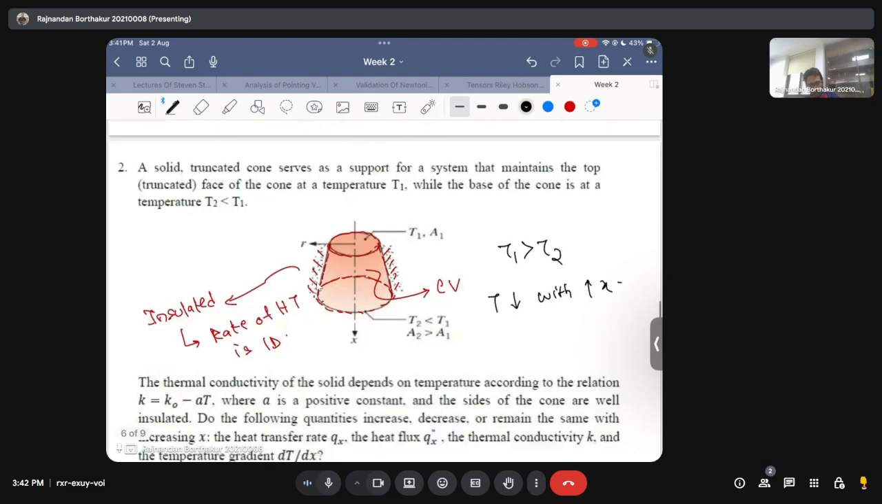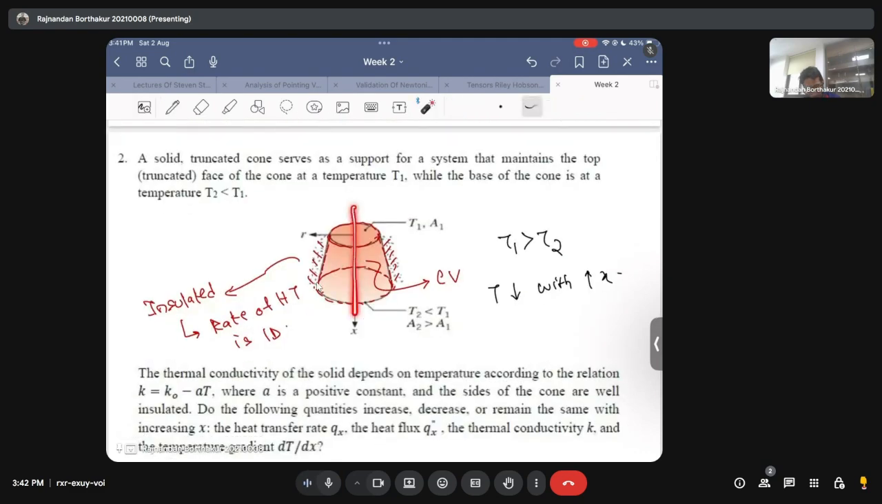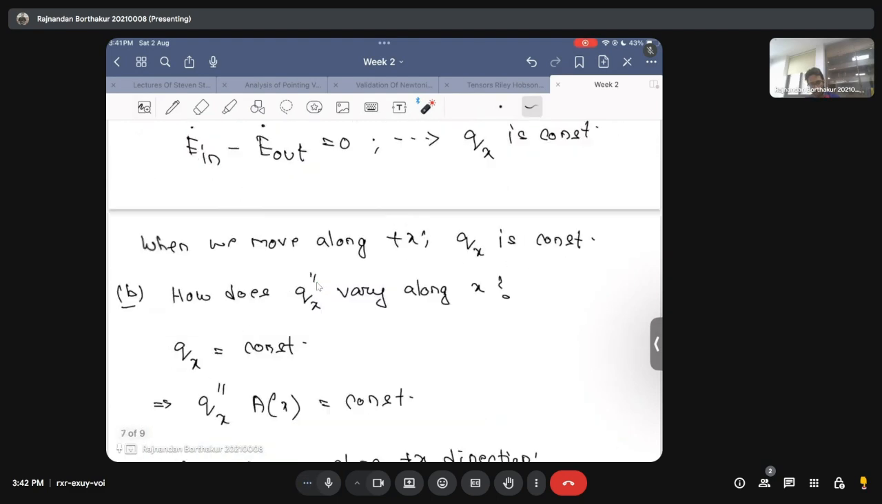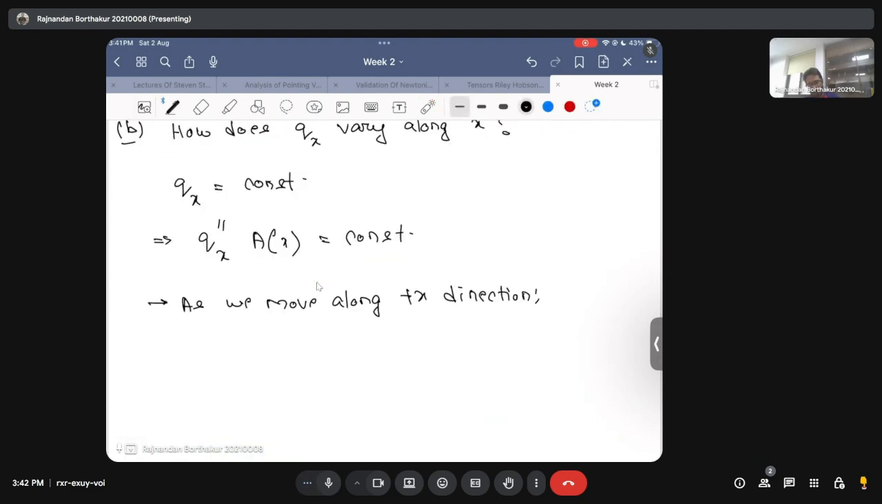This is something that we will see. So when we move along the plus x direction, I know that my base area, which is A2, is larger than the top area, which is A1, and this is already given, which means when I move along the plus x direction, my area, which is a function of x, it is actually increasing. Okay, so when I move along the plus x direction, my A of x is increasing, which means it's the same argument that we have used in the last problem, that since your Ax is increasing, in order to make this a constant, your heat flux should decrease. Okay, so